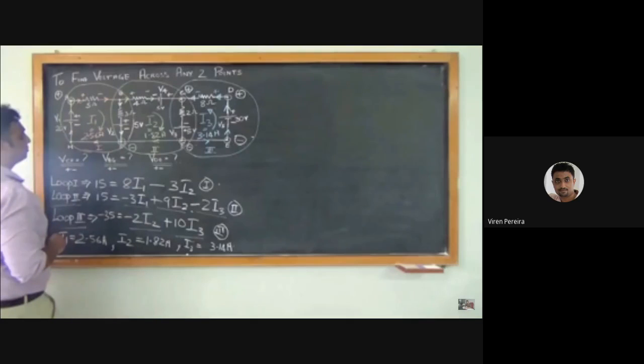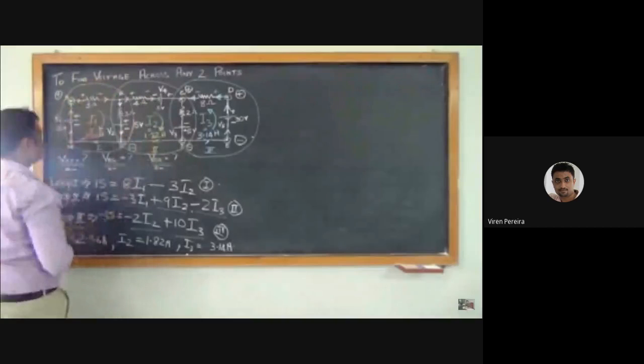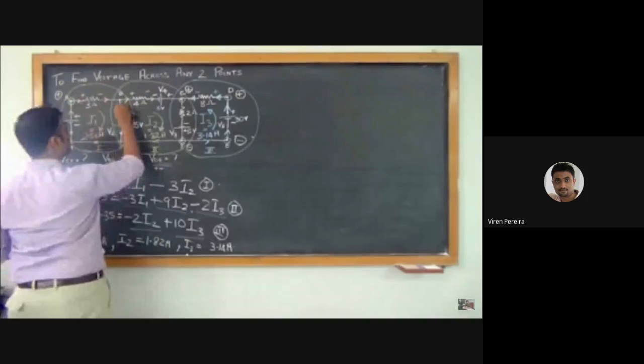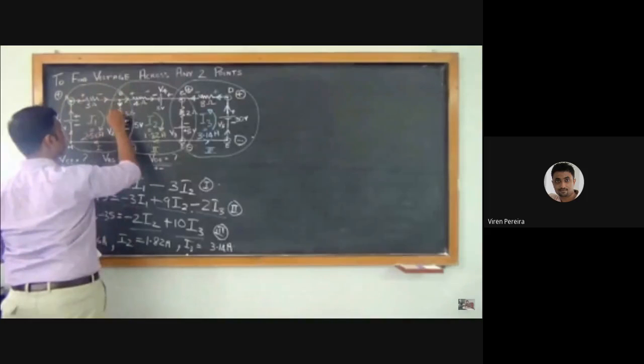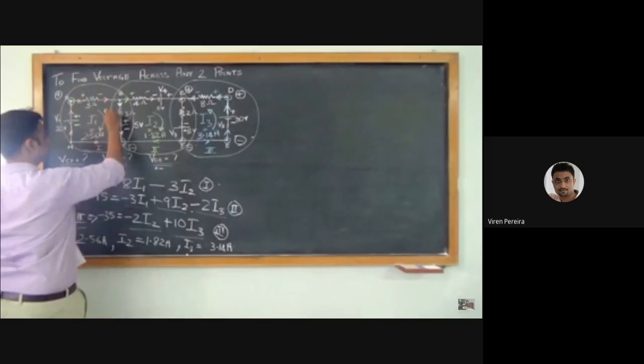So we have 2.56 minus 1.82, which will give us, so the current here will be 0.74